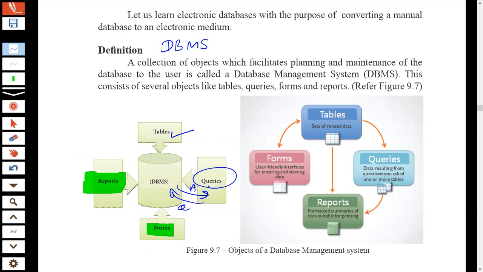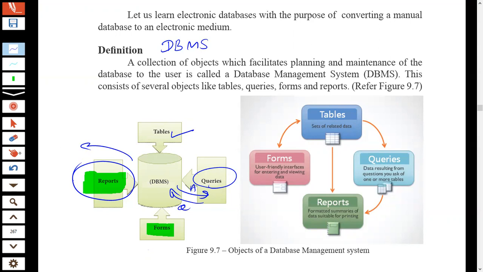What we can do is use a report to show him the relevant data he is asking from us, right? Then reports are objects to collect summarized data from the database management system.